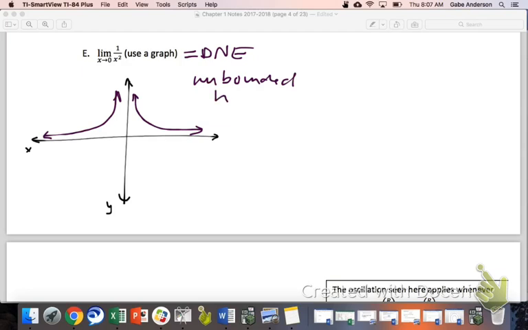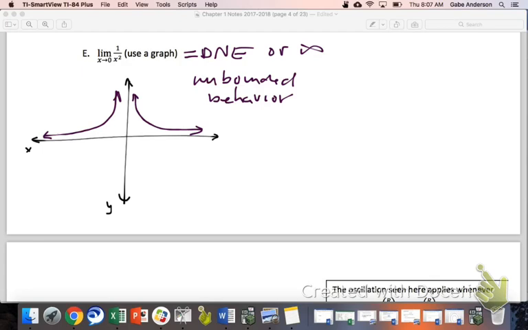I do want to let you know that in the very near future, by the end of this chapter, instead of calling that unbounded behavior, for a graph like this we would say that the limit is actually infinity. So I'm going to say DNE or infinity. When you put DNE, that's kind of a general way of putting it. We get that it's going up and up and up forever, but infinity is actually a little better description because